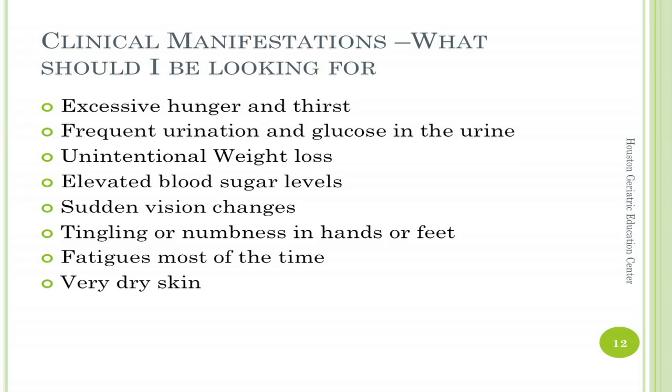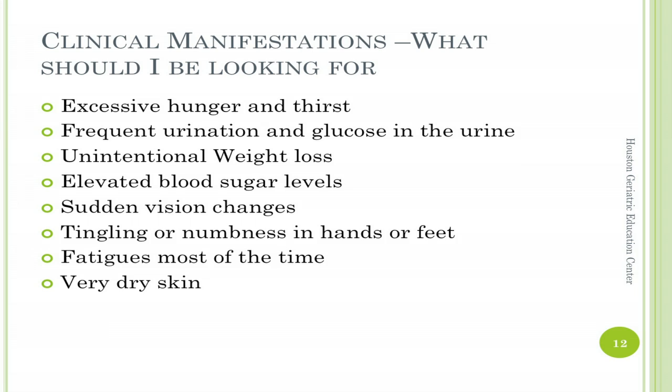urine. They would have unintentional weight loss, elevated blood sugar, and that can be detected with just a little finger stick blood sugar. Vision changes, so when you have high blood sugar, you could possibly have blurred vision. So if something happened pretty quickly, if that was a common or quick change, that might alert you. They could have tingling and numbness in their hands and feet. They're tired most of the time, and it's because they have all this sugar in their blood,